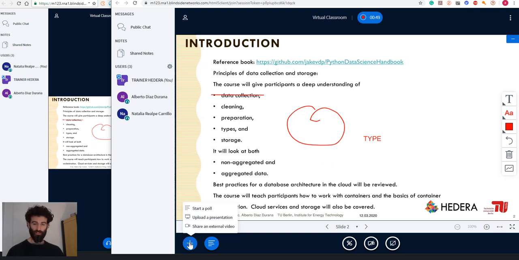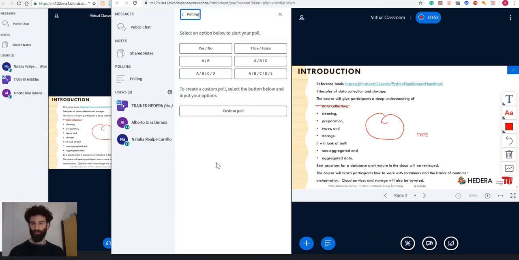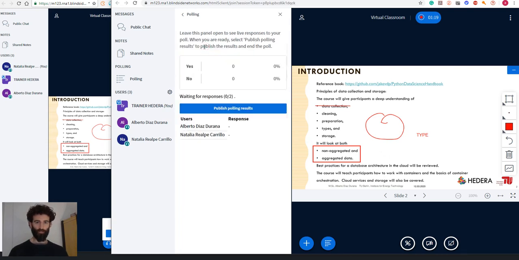Another interesting feature is the possibility to run polls during the presentation. For instance, related to a specific topic, I ask if everyone or anyone in the lecture is familiar with the concept of aggregated and non-aggregated data. And please answer yes for those that knows what aggregated data is. I can create this poll, and at this moment,